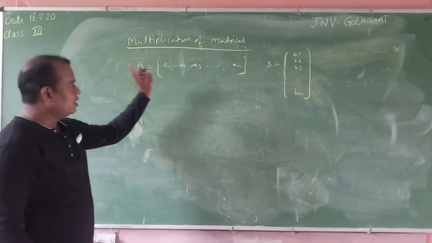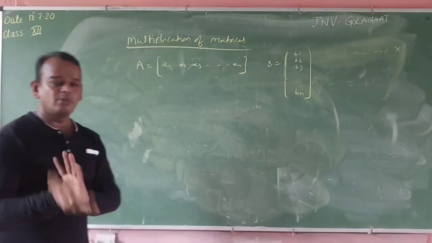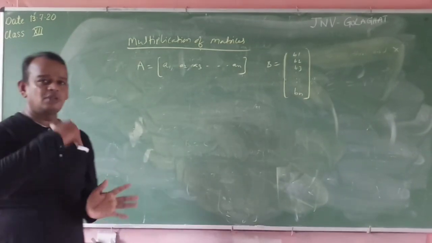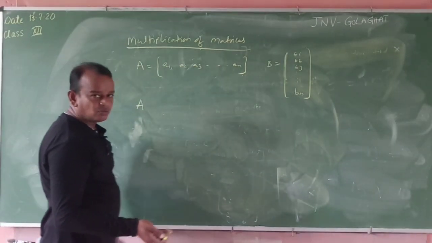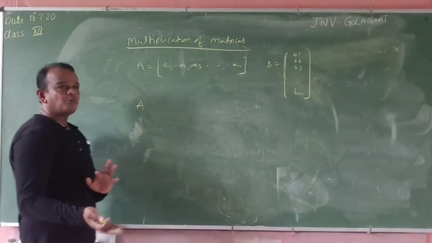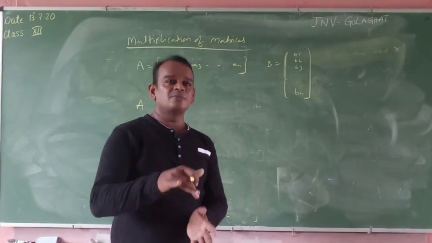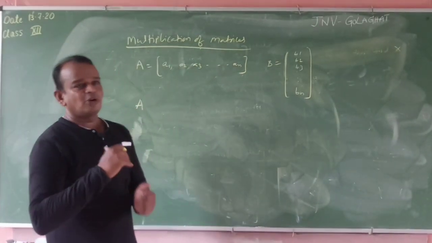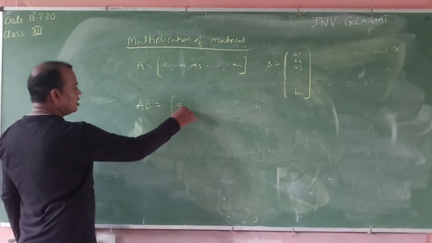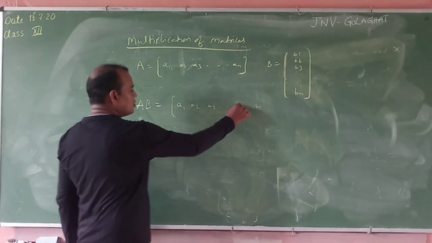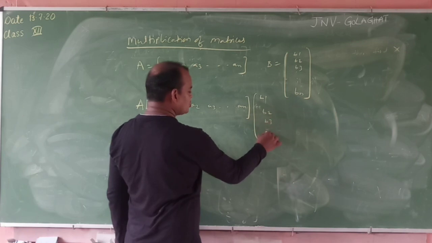Now in this one I will take only one row and one column. How to multiply those? Row by column, multiplication of the row by column. How to multiply one matrix with another matrix? This is the product of A and B. Don't change the order. Product of AB. Is the product of BA possible? For suppose the product AB is possible, in some cases BA is not possible. That's why the product of AB. First we find the product of AB. Product of AB means A1, A2, A3, and so on, An into B1, B2, B3, and so on, Bn.